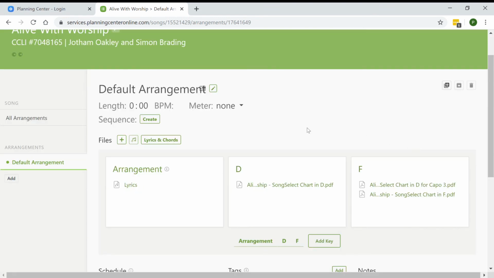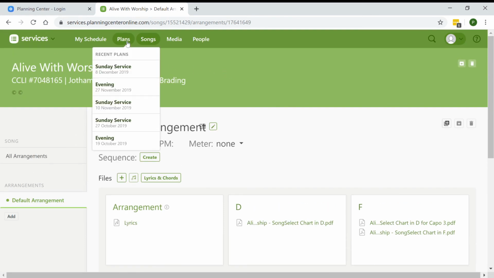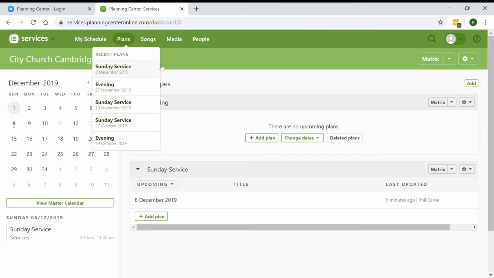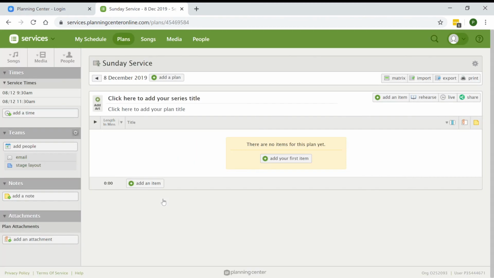So what I'm going to do is add this song to my list for Sunday morning. So I'm going to go back to plans, and I could have just clicked on recent plans, 8th of December there, but I'm just going to go in this way instead. So this now shows me the plan for a Sunday morning, and in theory you could add all kinds of things into here. You can add video clips and all kinds of other stuff, and some churches use this for all of their planning of a Sunday morning service, but we're just going to use it, at least at the moment,